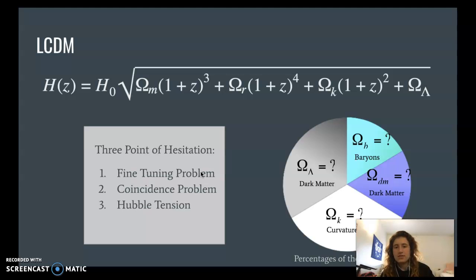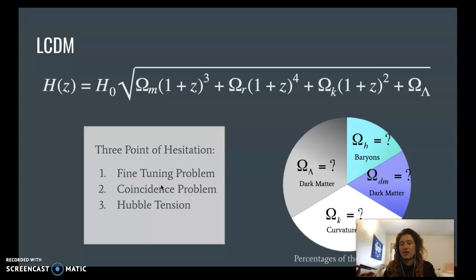Researchers have suggested that vacuum energy, which is the energy that particle physicists have determined to be present in a vacuum, could directly relate to the missing matter of the universe, that cosmological constant. However, the problem with this is that the vacuum energy that they propose is 120 orders of magnitude greater than our cosmological constant. The other one is the coincidence problem, which